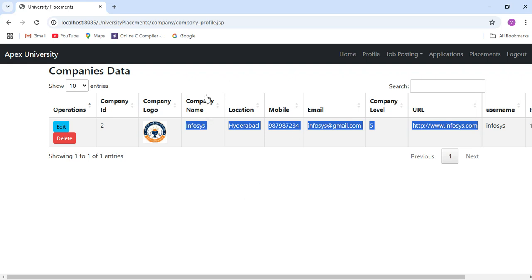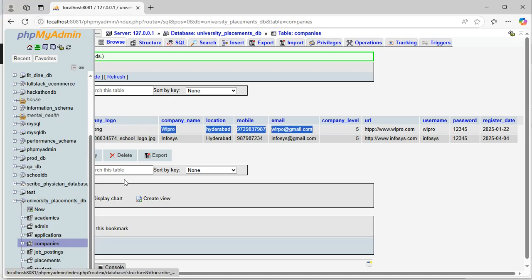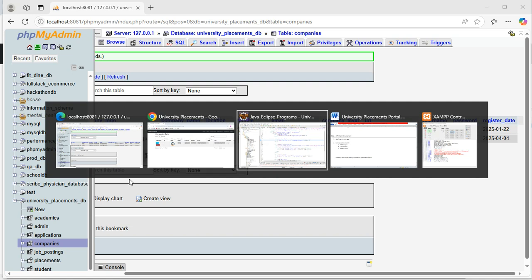But this profile we have to show in another way. Okay, not like this. We have to show it in a table format like this. Okay, in this particular way it should show the profile. So I'm going to do the changes for that. Let us say that, okay,